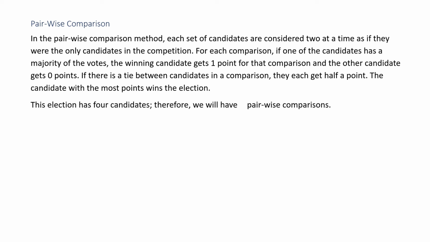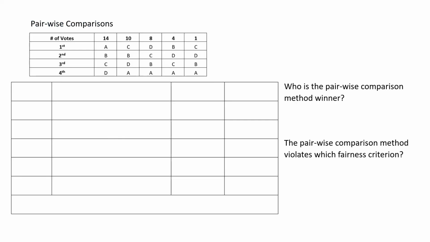This election has 4 candidates. That means we need to have an A versus B, an A versus C, and an A versus D. That's 3 head-to-head so far. We also have a B versus C, B versus D, and finally a C versus D. We will have 6 pairwise comparisons, starting with A